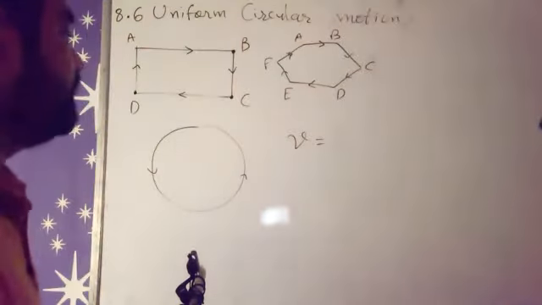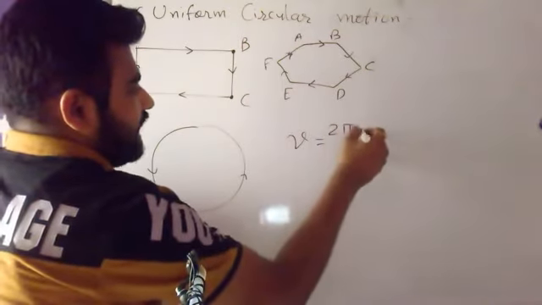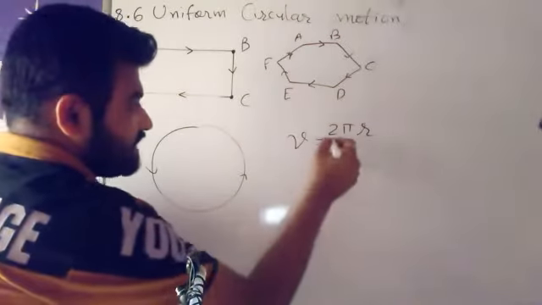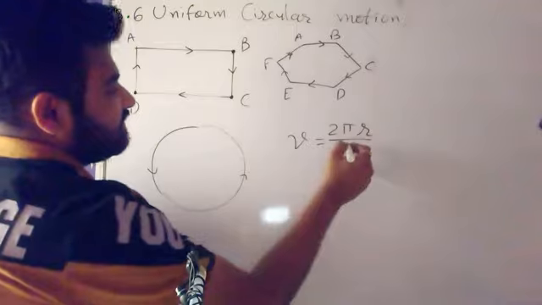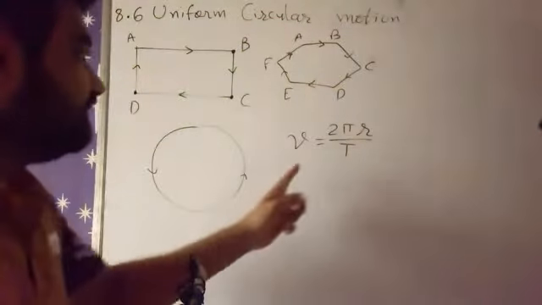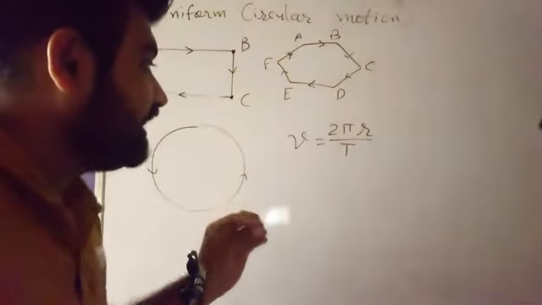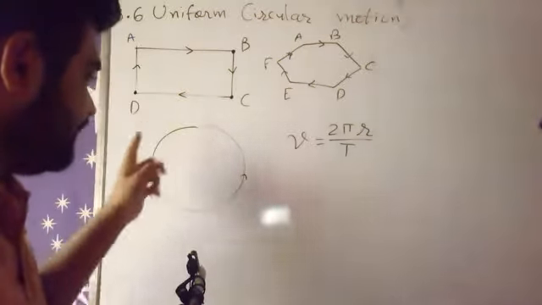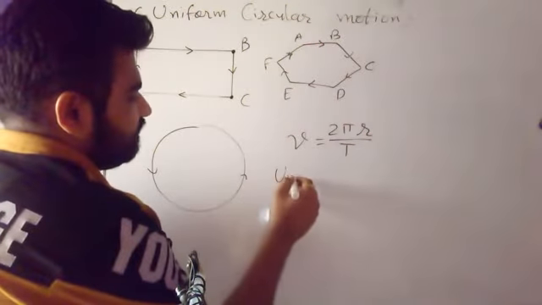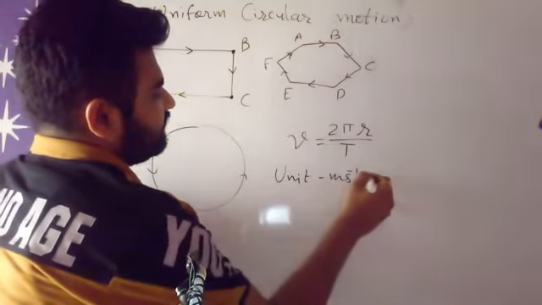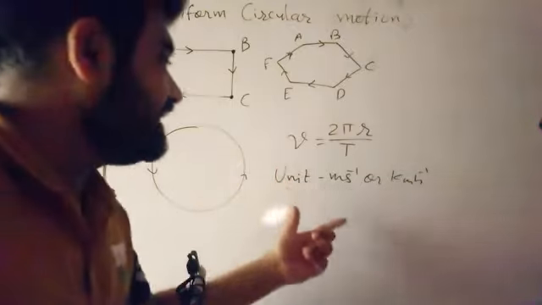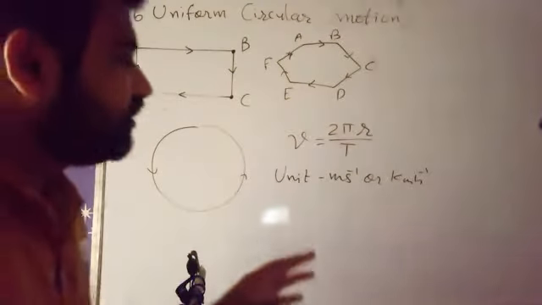Now if I want to find the velocity of this particular travel, v is equal to, for one rotation, 2 pi r. The path length of that rotation is 2 pi r and the time taken to complete that rotation is capital T. So capital T is our periodic time and that path is 2 pi r. So velocity, or we can say speed, for that particular travel is 2 pi r upon T. The unit is meter second inverse or kilometer hour inverse. So here the magnitude can remain constant, but velocity isn't constant.